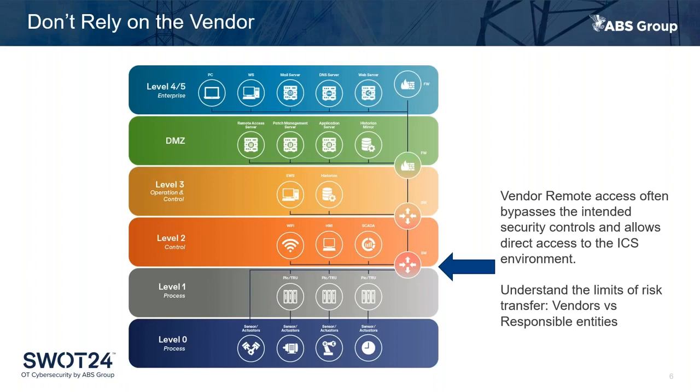Now, there are a couple things here. One, from a cybersecurity standpoint, if you don't control the router or firewall that they're using to make that connection, how can you ensure the quality of the rules and making sure that they can only do what you think they can do? And then from a compliance standpoint, one of the things I really want to toss up to Michiko and Joe is make sure we understand the limits of risk transfer, right? Throughout CIP, the phrase is "the responsible entity shall." And it really limits the ability of entities to transfer risk.